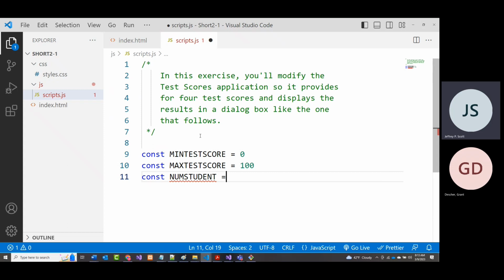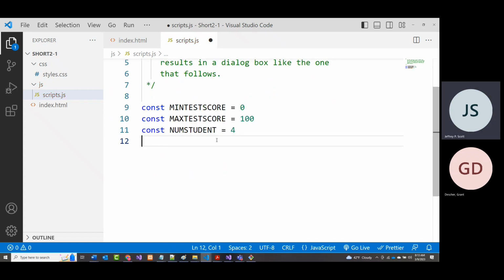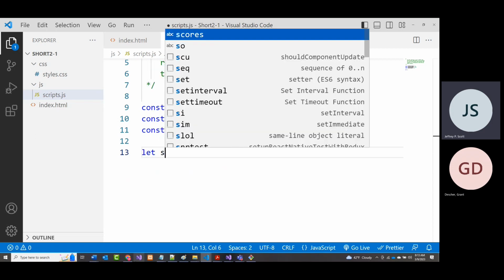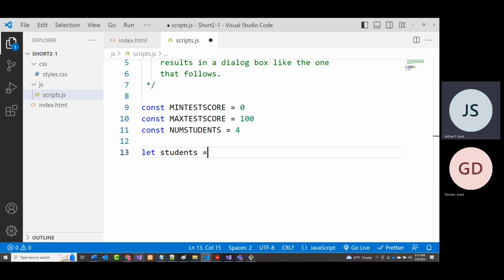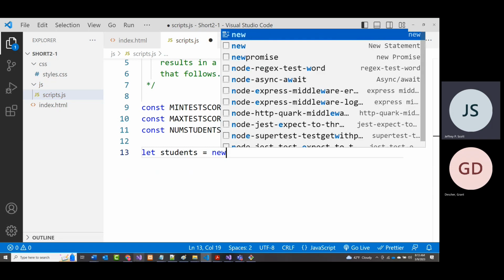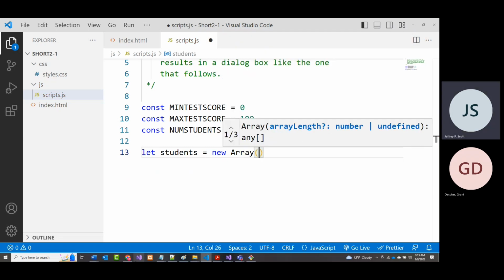And for now, we're just going to set it equal to 4. Now, we don't have to do any of these. You already know that. So put an S on there. All right. But the first thing I'm going to do is come up here and say, let students equal, and there are different ways we can do this, but I'm going to do a new array, and I'm going to put in here